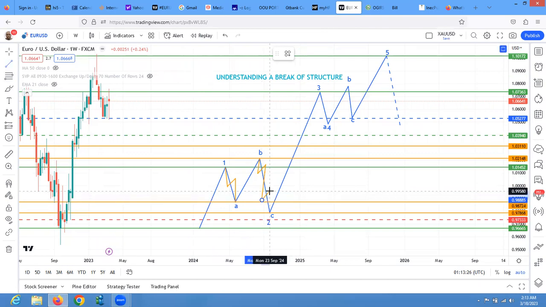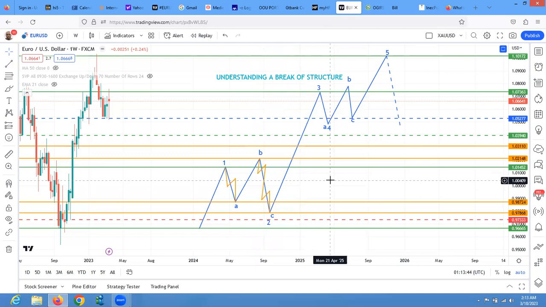And when you are counting the 5-wave structure, you must also have at the back of your mind: is any structure being broken in the middle of the correction? You must always know that. Is it being broken in the middle of the correction? This is 1, and this is 2, and this is 3, this is 4, and this is 5. You must know that structure must not be broken.